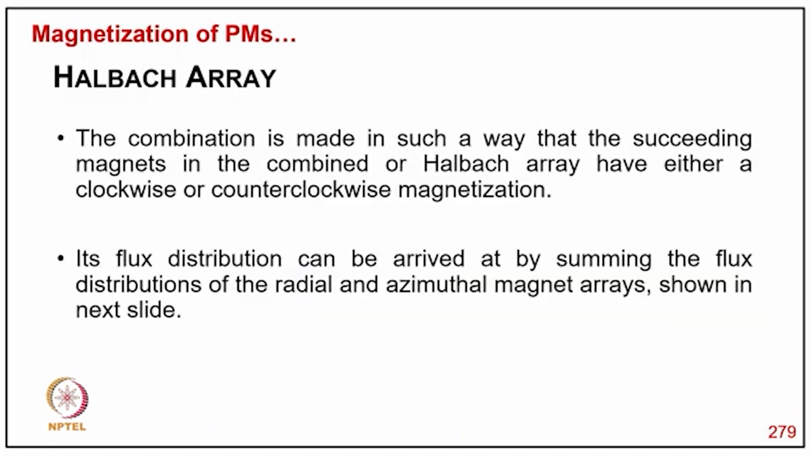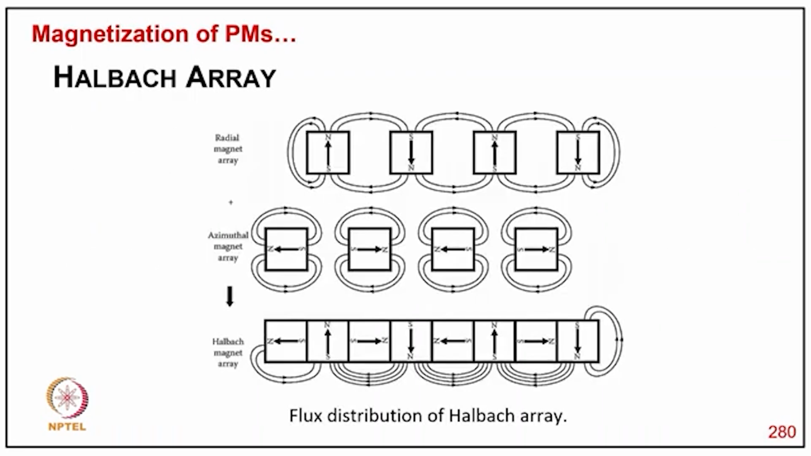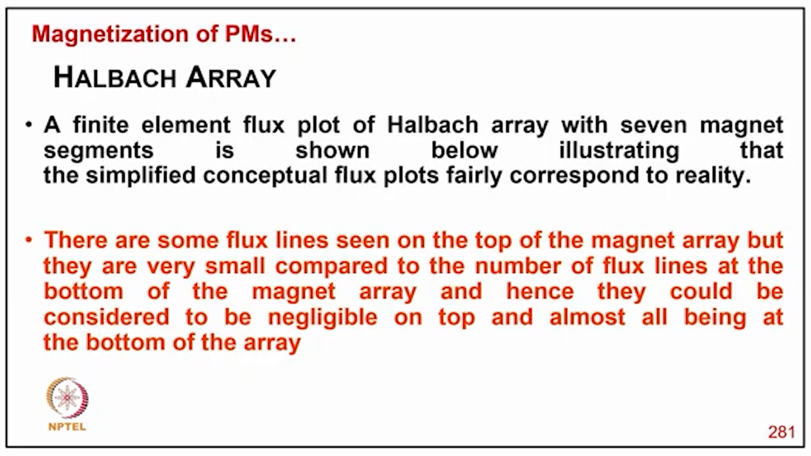In this Halbach array, the combination is made in such a way that the succeeding magnet is combined with the Halbach array to have either clockwise or counterclockwise magnetization, and its flux distribution can be arrived at by summing the flux distribution of the radial and azimuthal magnets, as shown in the next slide. So as you can see here, the different radial magnet, azimuthal, and finally the Halbach magnet flux distribution in the Halbach array. A finite element flux plot of a Halbach array with several magnet segments is shown here,